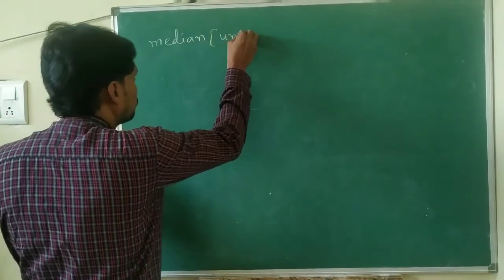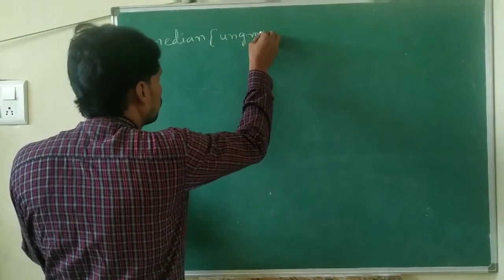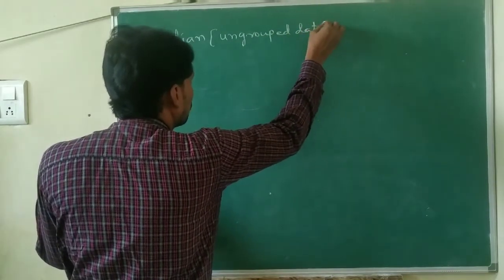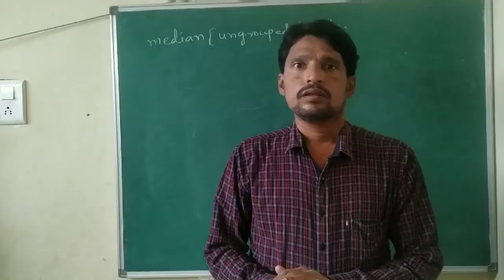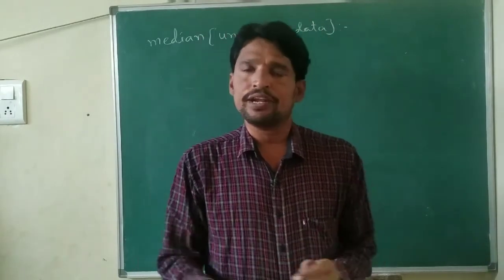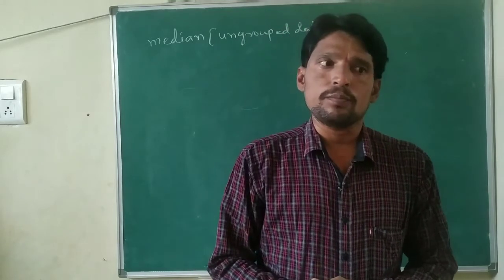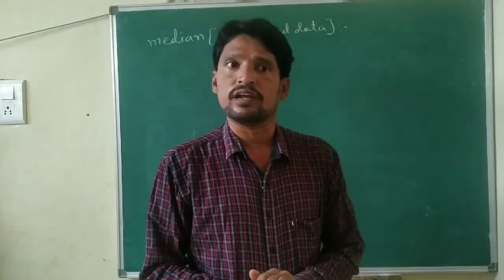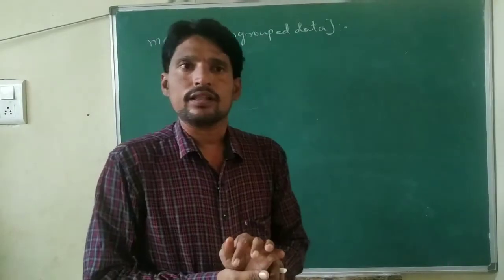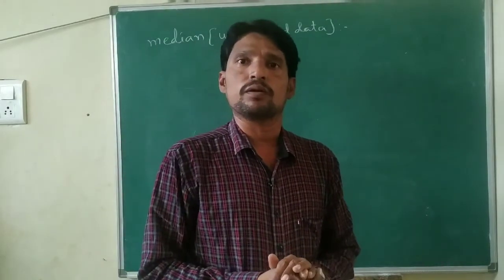Median for ungrouped data. So what is median? Median is the middle observation of the given raw data when it is arranged in ascending or descending order. When the data has n number of observations,